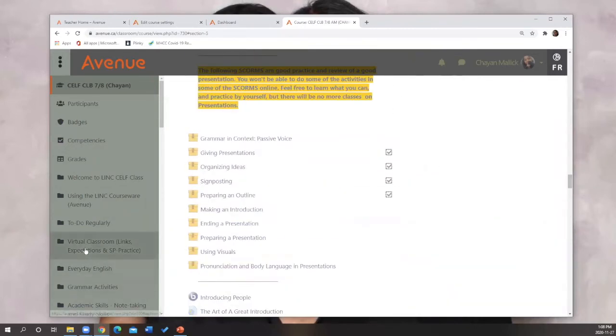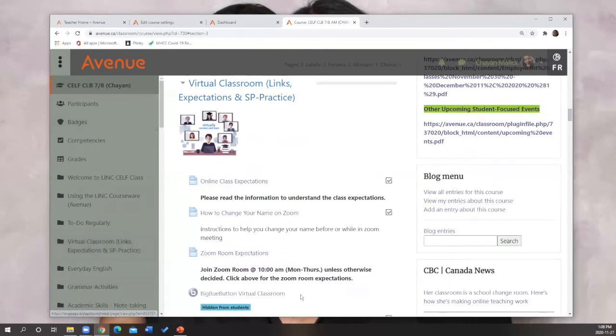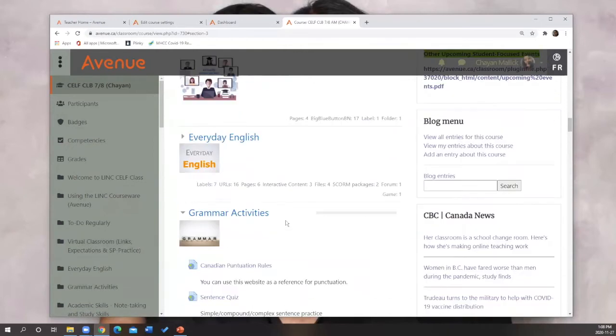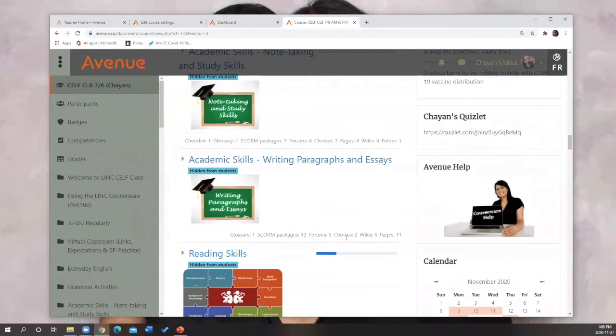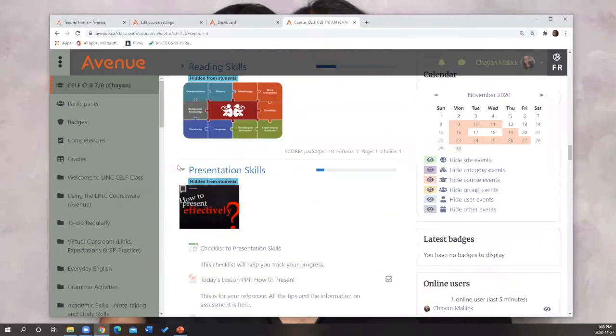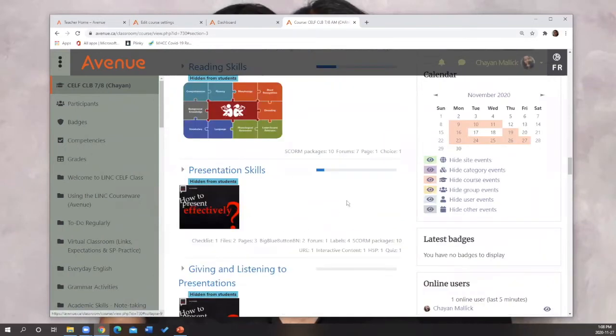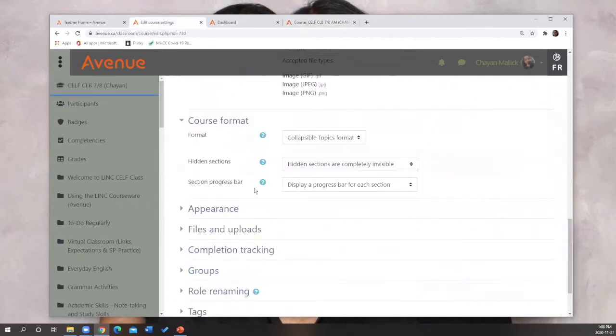I can just click from here and it opens up. Or if you don't want that, you can just go by yourself and scroll down. That's also possible. Okay, so this is the collapsible topics format. Now you see here,